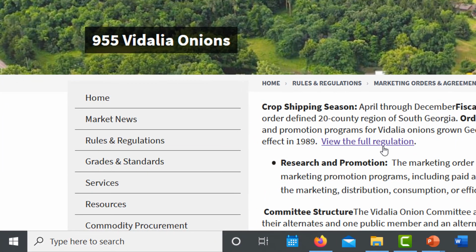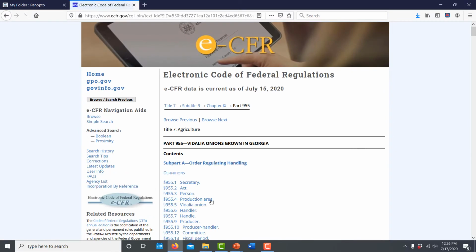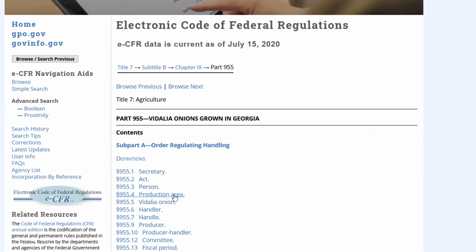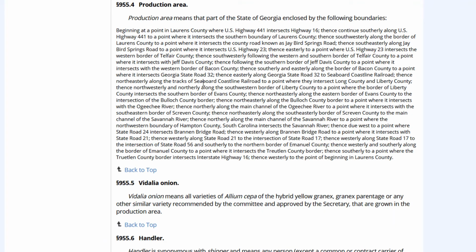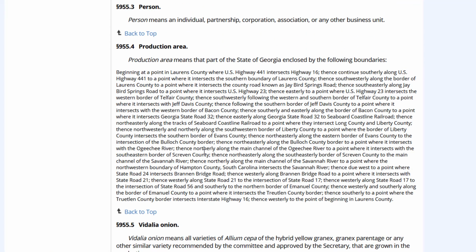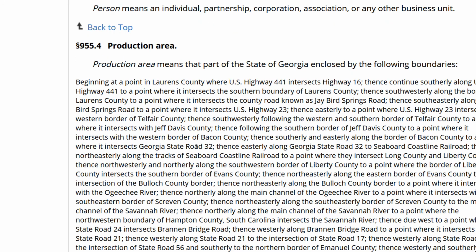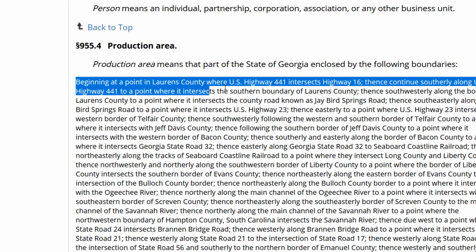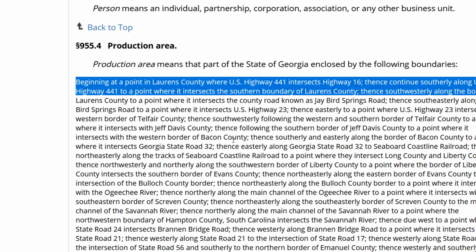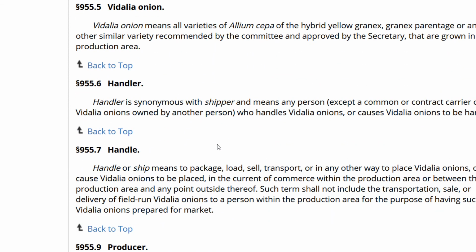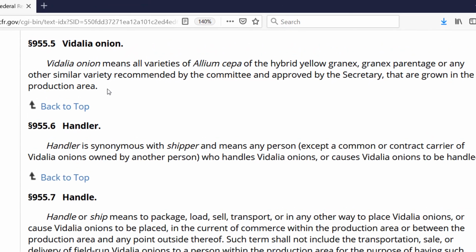A great example of a marketing order is a Vidalia onion. Have you heard of a Vidalia onion? Well, a Vidalia onion is just an onion that's grown in this geographic area that is specified by the law that created the Vidalia onion. It's just a sweet white onion. There's really nothing special about it. Allegedly, there's something in the soil, I think it's sulfur or something, or it's low sulfur soil or high sulfur, I don't know, that makes the onion better. But what makes a Vidalia onion better is a law that says if it came from this area, it's a Vidalia onion. And that is done allegedly in order to